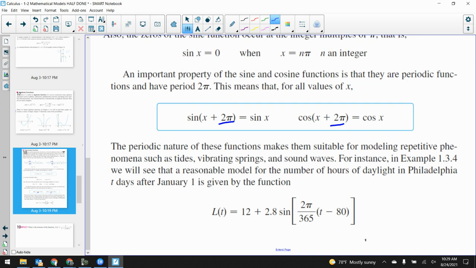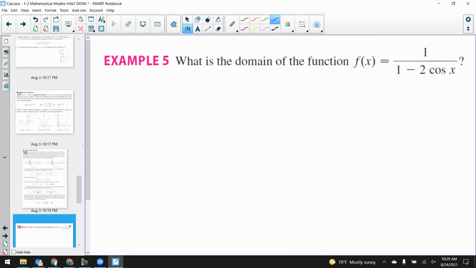The periodic nature of these functions makes them very suitable for modeling repetitive phenomena such as tides, springs, sound waves, all sorts of things can be modeled with sine graphs. So let's take a look here. That was just a rundown of all the different types of functions that we could possibly have. So what we're going to do now is talk about some of those different types of functions and how their